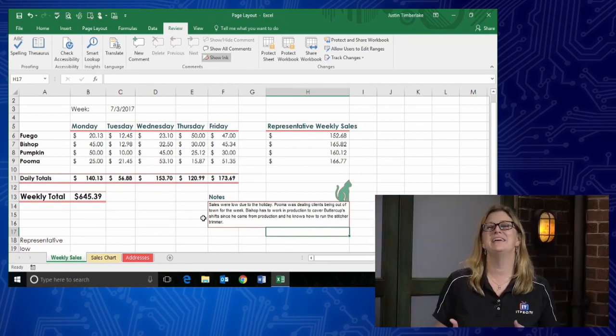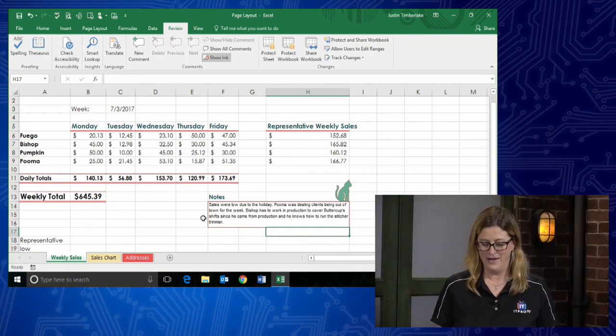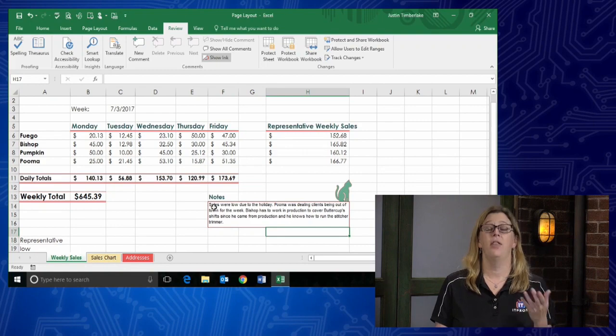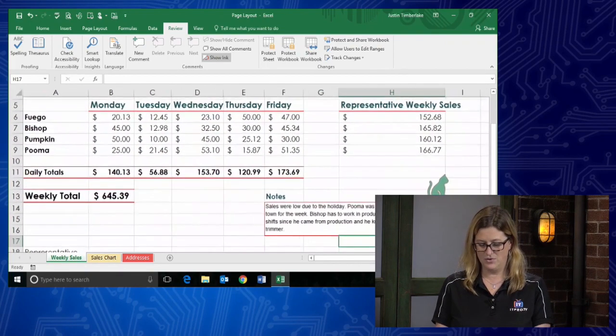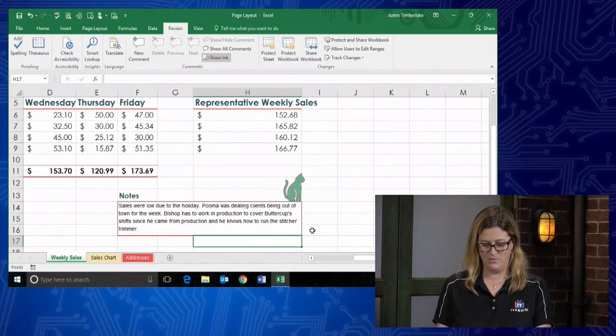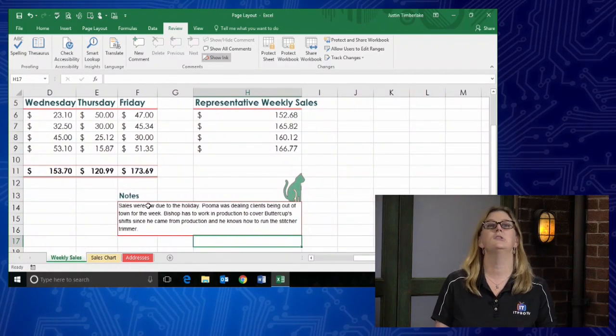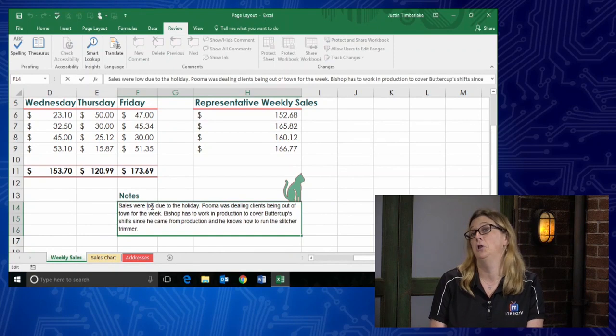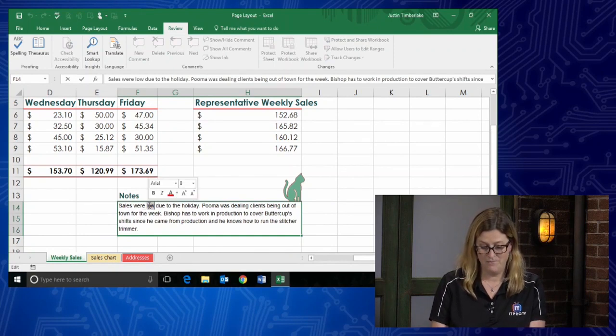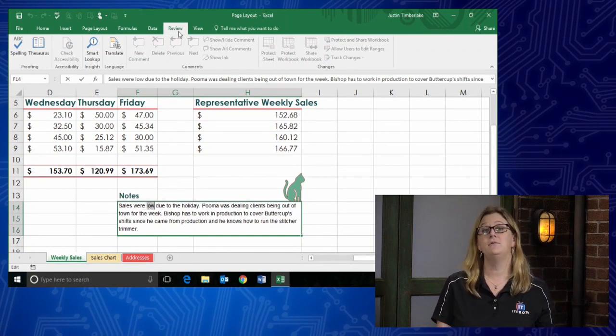I need to have it say it a little bit different for me. So this is where you can use the thesaurus. Maybe I would like to have this particular word, maybe a sales word, low. Maybe I want another word for low. So I will select the word, and now I will come up on my review tab to the thesaurus, and